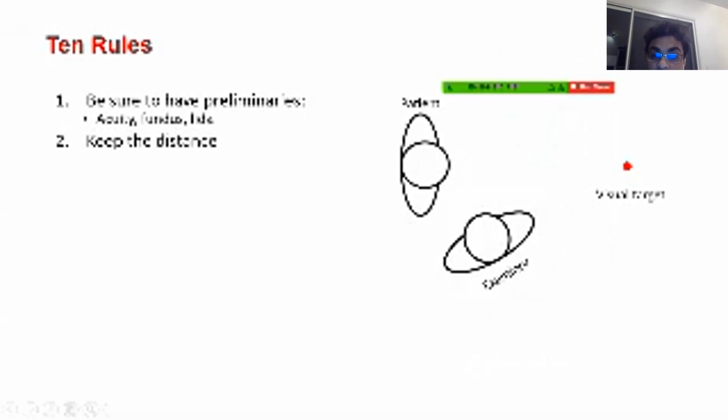So what you're seeing here is typically I keep the patient here. I stay on the side, so I'm not in their visual field, and I ask somebody else, or I keep a target far away from the patient, typically 6 feet, 10 feet maybe, depends which room I'm using. Far away from the patient, and then I ask the patient to look at their target. And the whole idea of keeping good distance between patient and the target is that if the target is too close, they have to make convergence.